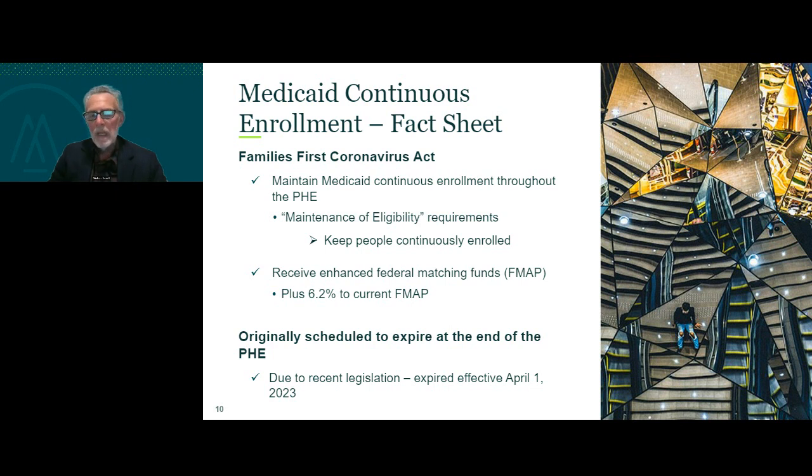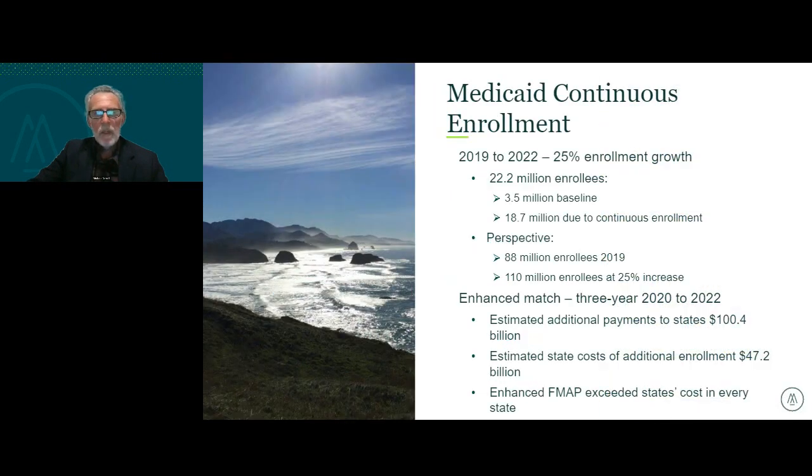This provision played a critical role in preserving healthcare coverage for the newly qualified, who may have qualified because of the significant upheaval in the employment base and other economic factors, but also in maintaining coverage for those enrollees who might have lost coverage through the administrative churn process, which is the result of some defect in the annual renewal process. And the legislation that was passed at the first of the year set April 1st, 2023 as the date these determinations would become effective. So in terms of